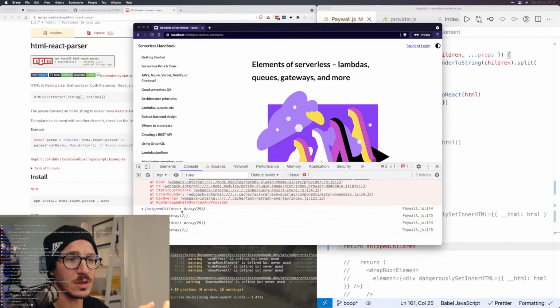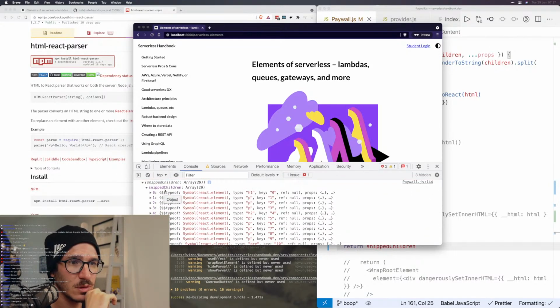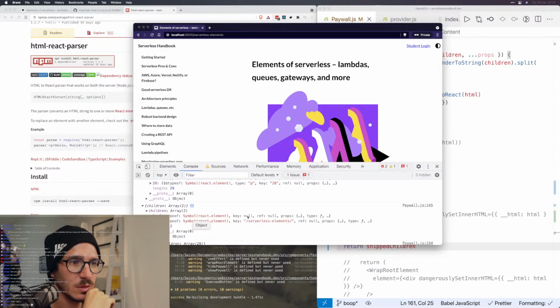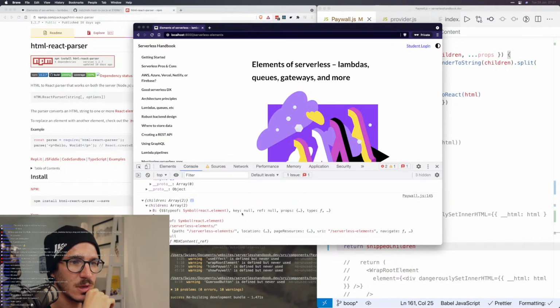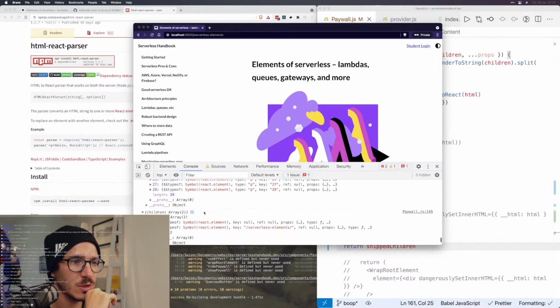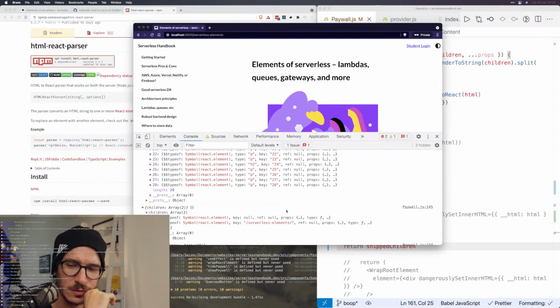So right away we can see that the snipped children has 29 elements, I think, for each paragraph, and children has 2 elements. The snipped children have a symbol React element type h1, p, and so on, which makes sense. The original children, the first one has a type of function. The second one has, so they clearly have a lot more stuff. They have keys and refs and